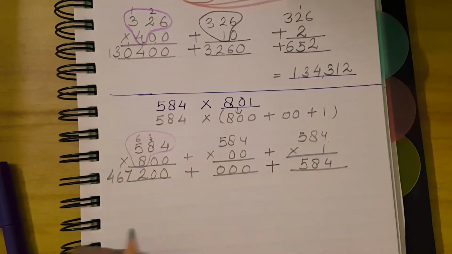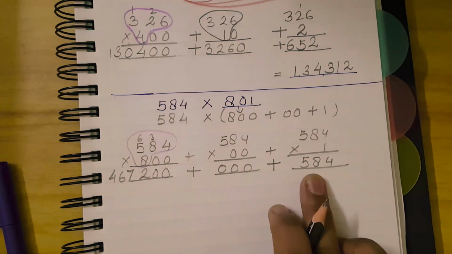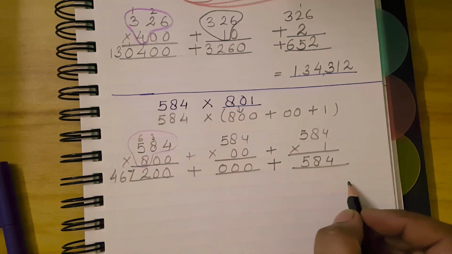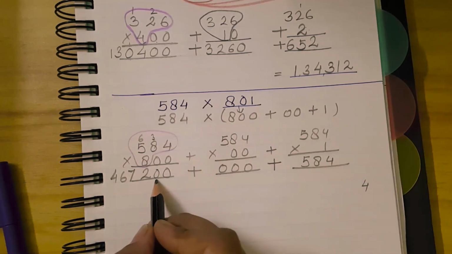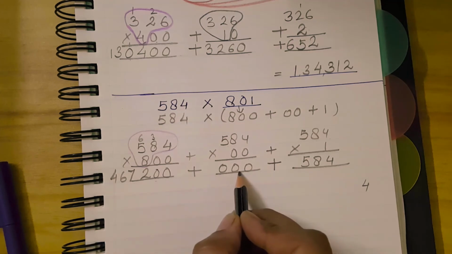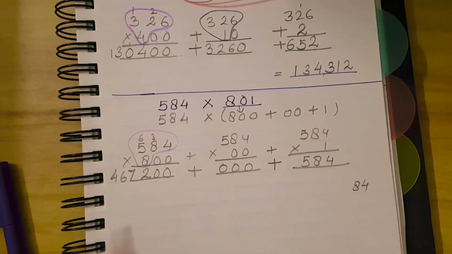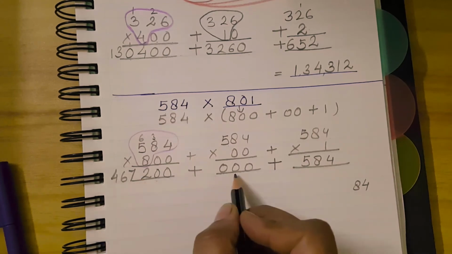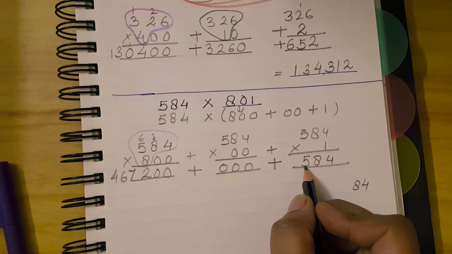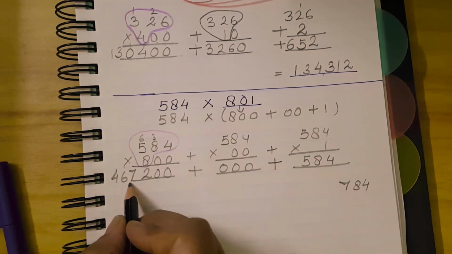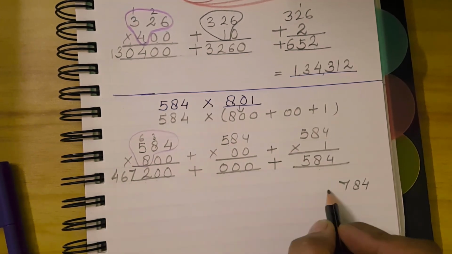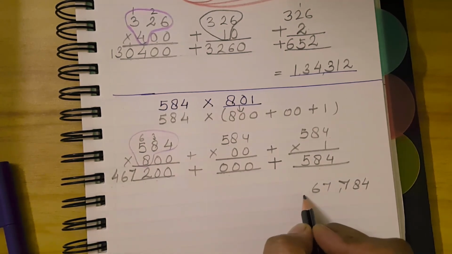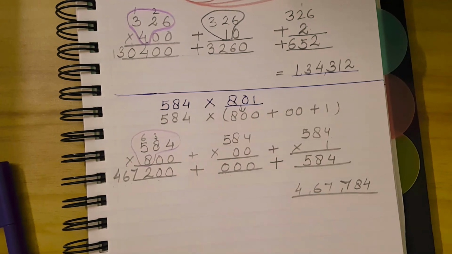Now what you have to do? Just simply add these expanded forms. Ones place, 0 plus 0, 0. 0 plus 4 is 4. Tens place, add tens place, 0 plus 0, 0. 0 plus 8 is 8. Now hundreds place, 2 plus 0 is 2, 2 plus 5 is 7. Excellent. Now thousands place, there is no thousand, only 7 is there. Ten thousands 6 and lakh, it is 4. So this is your number.